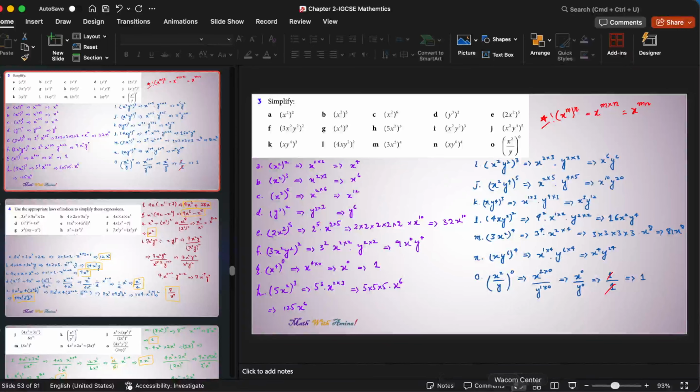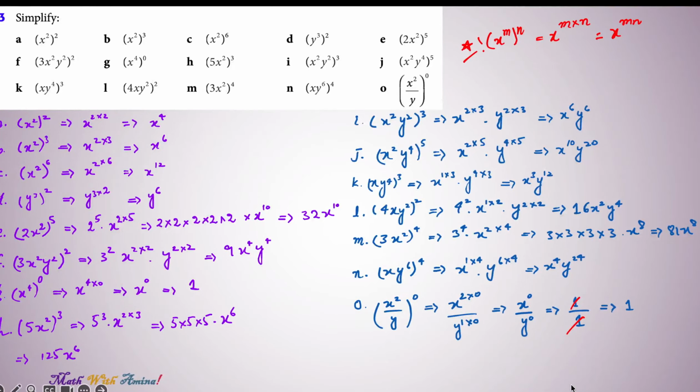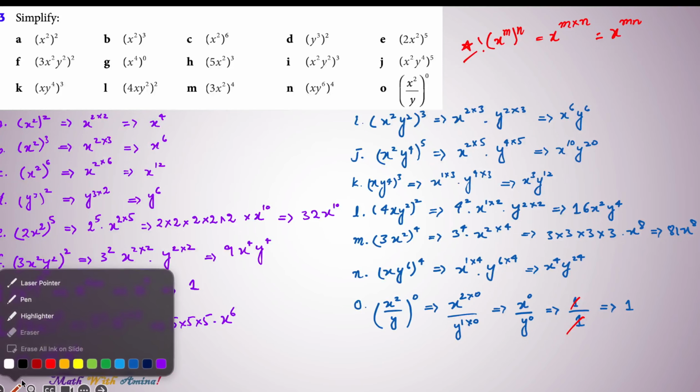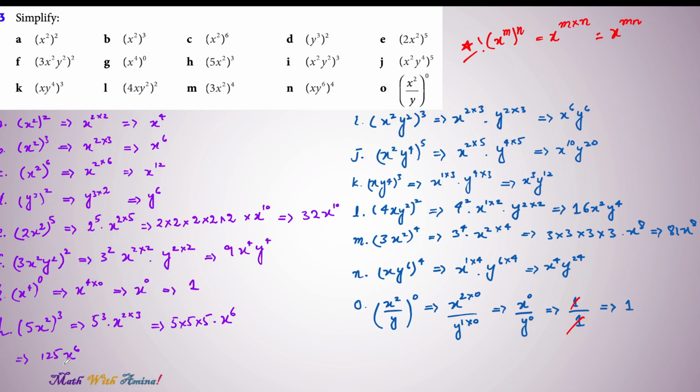Hi, in this question we are asked to simplify expressions using the law of indices. The main rule we will be using here is the power of a power law. I have shown it here as well. That is, when a power is raised to another power, we multiply the indices and we get this as a